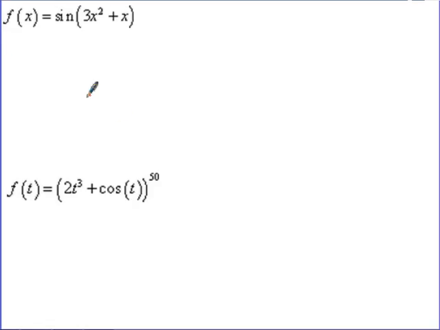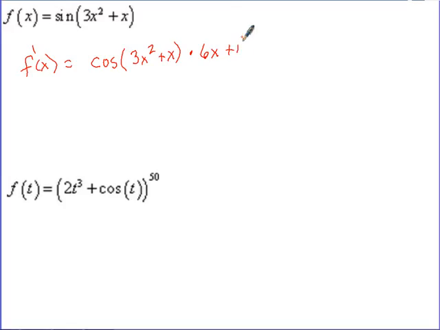Okay, so here's my function. F of x equals sine of 3x squared plus x. What's my outside function? Sine of x, and then of course my inside is 3x squared plus x. So when I take the derivative, I do the derivative of the outside, which is cosine. Derivative of sine is cosine, cosine of my original, so 3x squared plus x, and then it's times